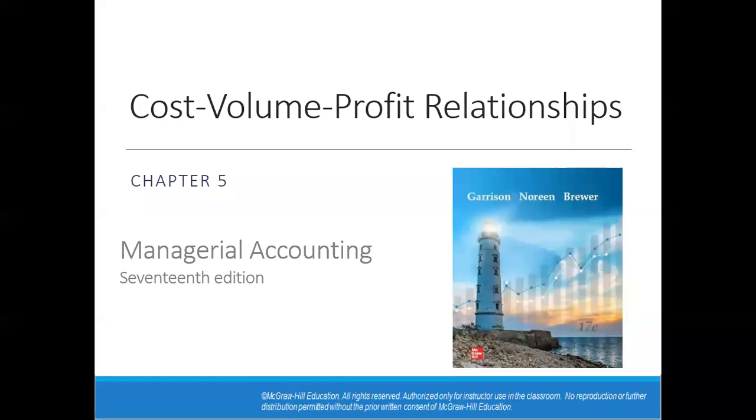Okay, so we'd like to discuss a relation between the cost, volume, and profit. Why would we like to discuss this? Because it has been observed that there is a close relationship between these three variables, which is popularly known as the CVP relationship. So before exploring this content in detail,